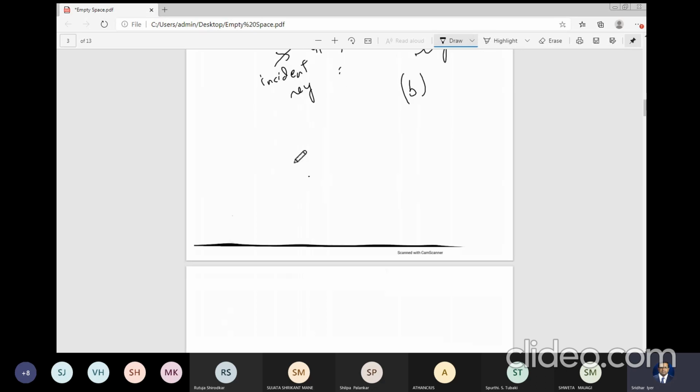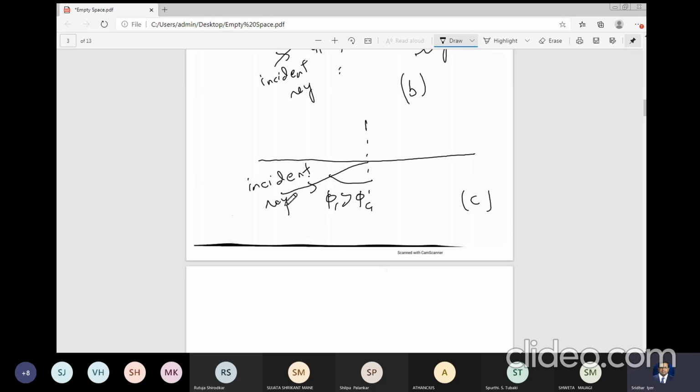So in such a case, if we redraw this diagram and name this diagram C, this is what is going to happen. The incident angle would be phi 1 greater than phi c. This will be the incident ray, and there will be no refraction. All of this light is just going to be reflected,